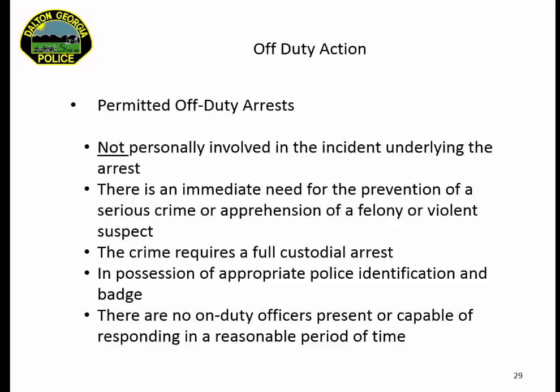And then lastly, there are no on-duty officers present or capable of responding in a reasonable period of time. So this is going to be a very emergency or exigent circumstance where you're going to make an off-duty arrest. So very seldom does this happen around here. It does happen some, but it's not all that common.